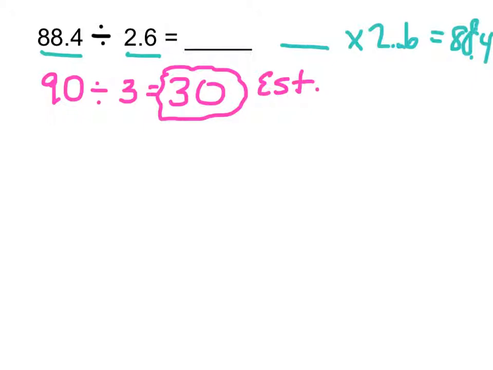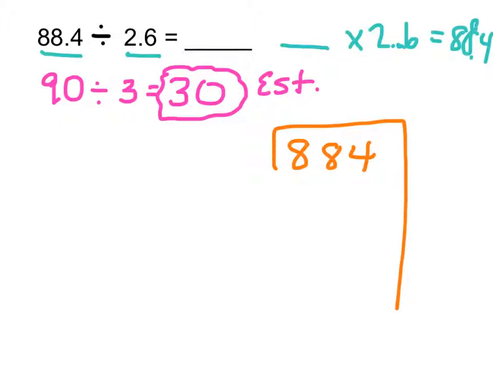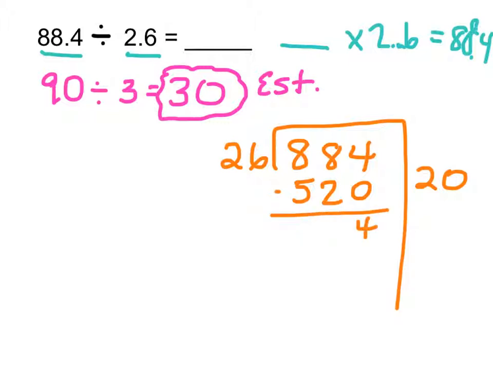The next step in the process is I need to take the number 884, removing the decimal point, and divide that by 26. I want to do this in as few steps as possible. I know that 26 times 2 is 52, so let's do 20. Let's start there. That would bring me to 520. So when I subtract,